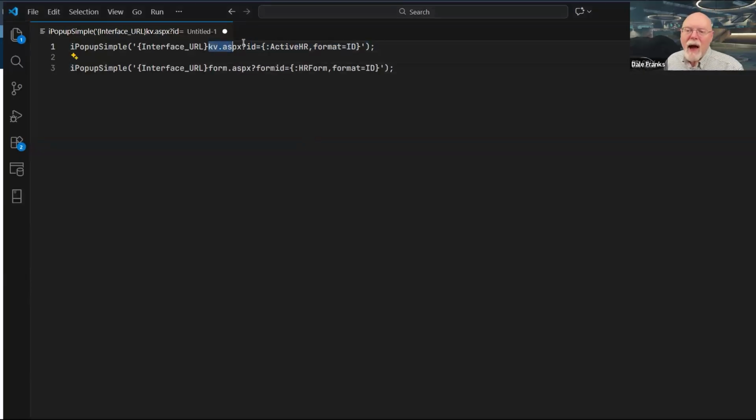Instead of kv.aspx with ID as a parameter, it's going to be form.aspx, and the parameter is form ID. And again, we're just going to drop the interface URL in there to get the first part of the URL and the trailing slash. And then we need to provide that ID, which means that we need a content list picker called HR form for this one.